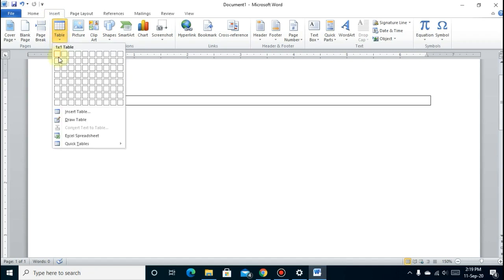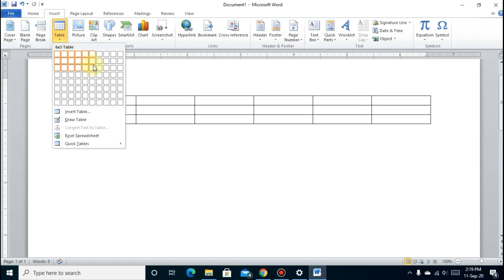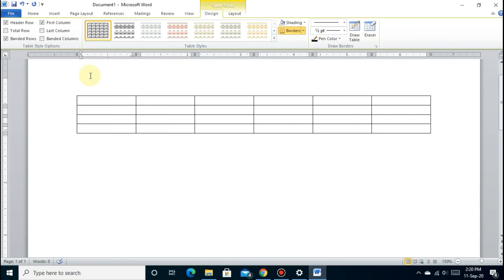Here you can see this is the table grid, which you can use to insert a table without giving the number of rows and number of columns. If you want to insert a table of 4 rows and 5 columns, then select 4 rows and 5 columns and click here. So you can see the table of 6 columns and 4 rows